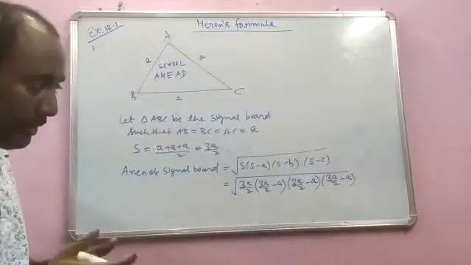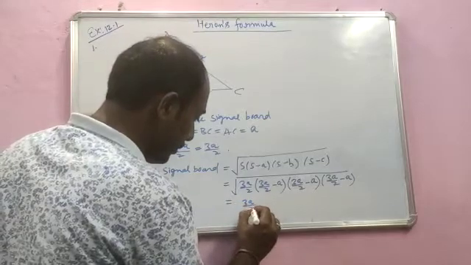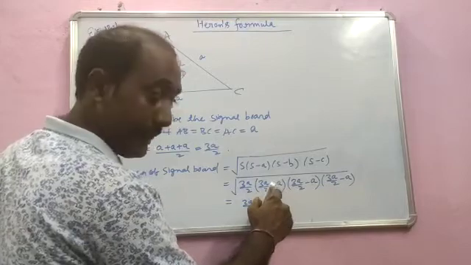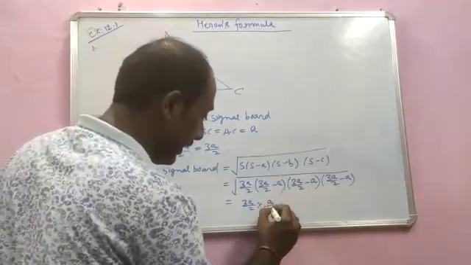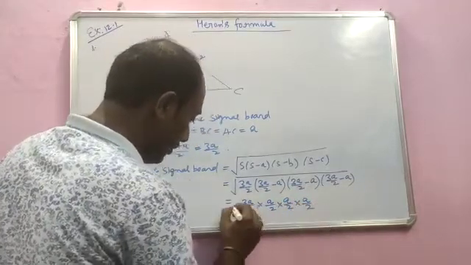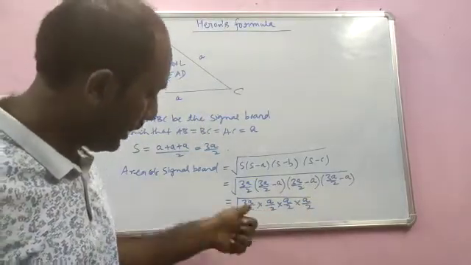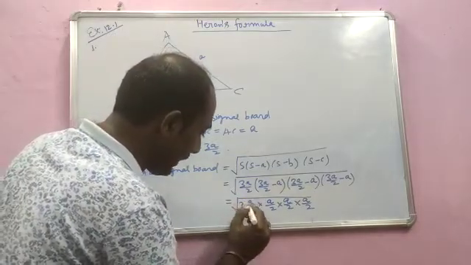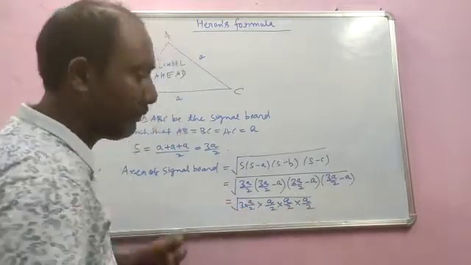Now from here onwards you have to be very careful with calculation, but first we will do the subtraction part. So it is 3a by 2 into, when you subtract, taking LCM 2, 3a minus 2a becomes a. So this is a by 2. Again the same thing you get here, a by 2 and a by 2. So you can clearly see how many a by 2s are there: 1, 2, 3, 4. And 3 will be left, we can write it as 3 times a by 2, with 4 times a by 2 remaining.